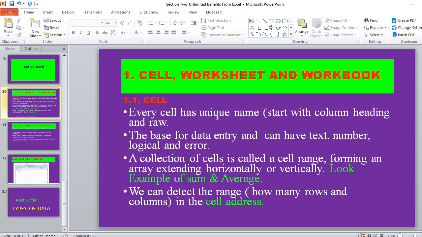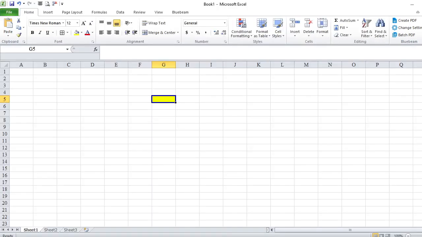Just every cell has a unique name, as we have seen. So what is the name of that cell? You can test yourself. The cell is the base for data entry and can have text, number, logical values, or errors. In these cells, we may put numbers, whatever the number is.